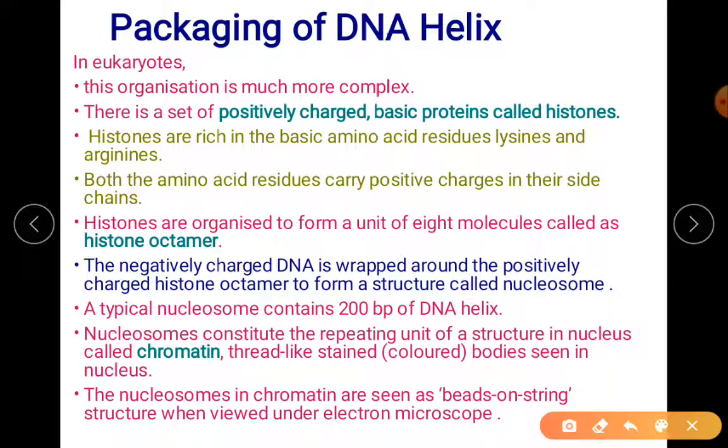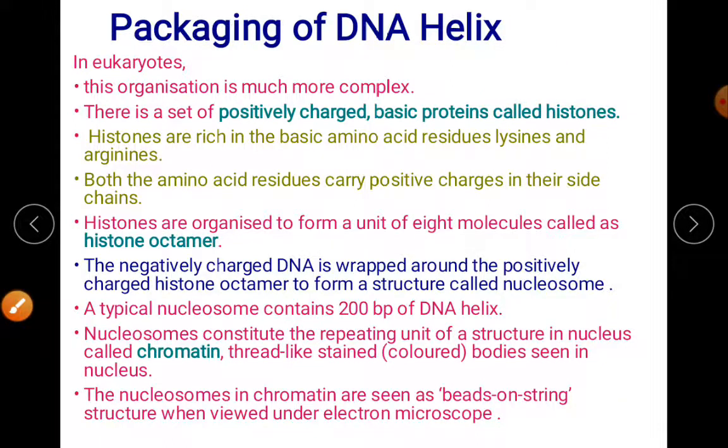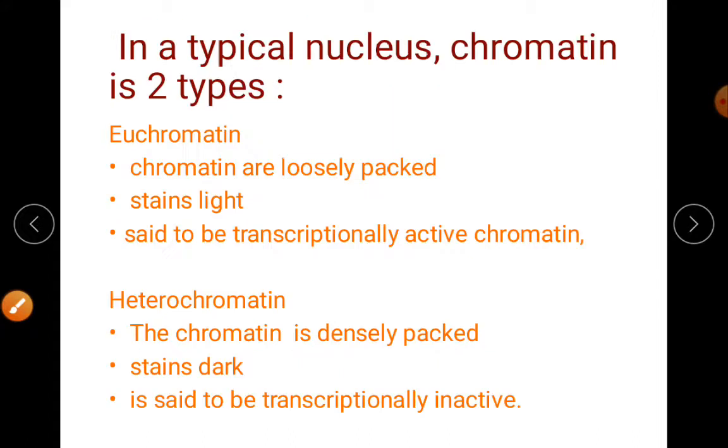Okay, so now you should know histones are forming an 8 molecule structure. When I say 8 molecule structure, it will be like 4 pairs. 1, 2, 3, 4. Sorry, not 4. Yeah, 4 pairs. I'm very sorry. Now let this only behind it will be present. I cannot draw it here, but let me show it over here.